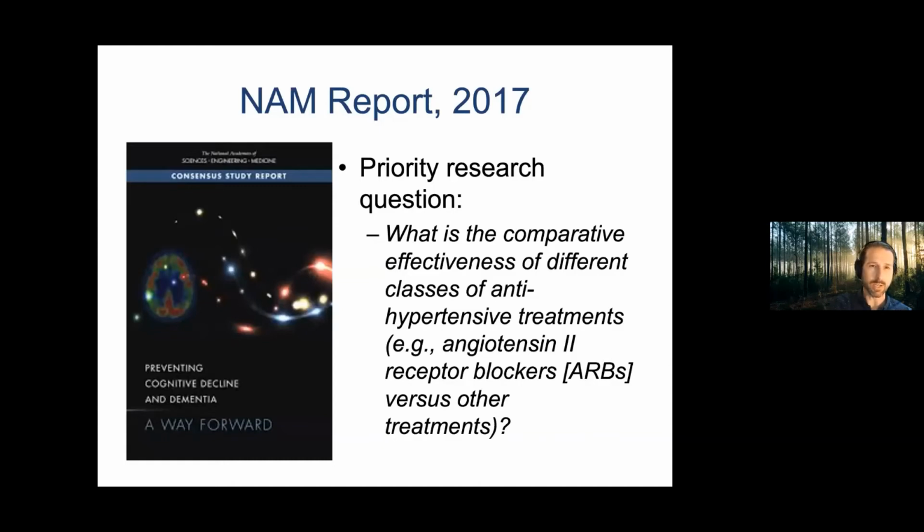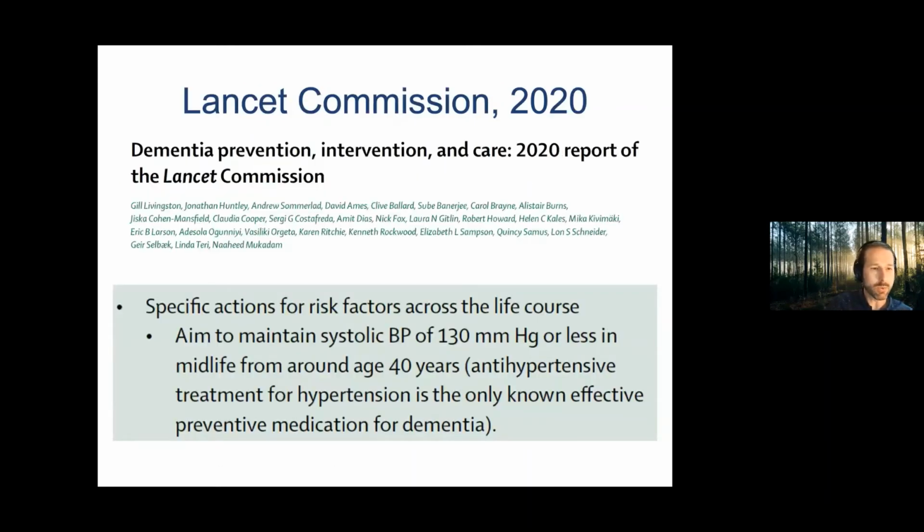For example, the National Academy of Medicine report in 2017, where they compiled a list of priority research questions. So they're calling for research comparing different classes in context of their risk on dementia. And most recently in 2020, this updated version of the Lancet Commission's report on dementia prevention, intervention, and care, they